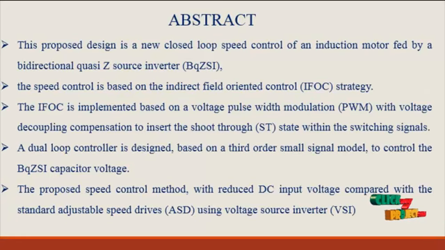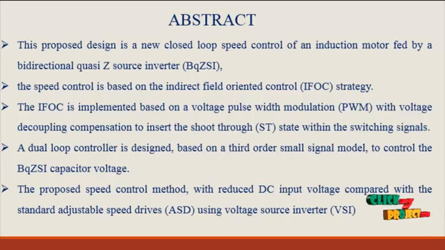The proposed system design is a new closed loop speed control of an induction motor fed by a bidirectional Quasi Z source inverter. The speed control is based on the indirect field oriented control strategy. The IFOC is implemented based on a voltage pulse width modulation and with voltage decoupling compensation to insert the shoot-through state within the switching signals. A dual loop controller is designed based on a third order small signal model to control the bidirectional Quasi Z